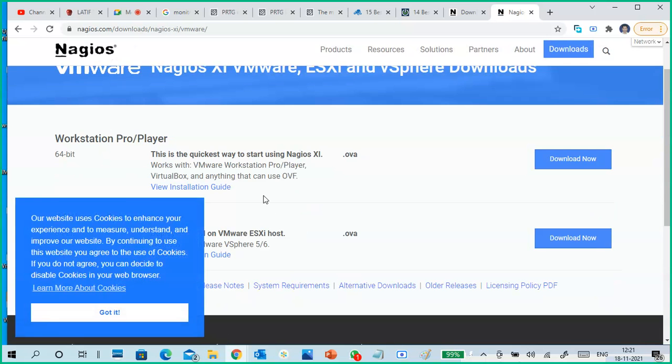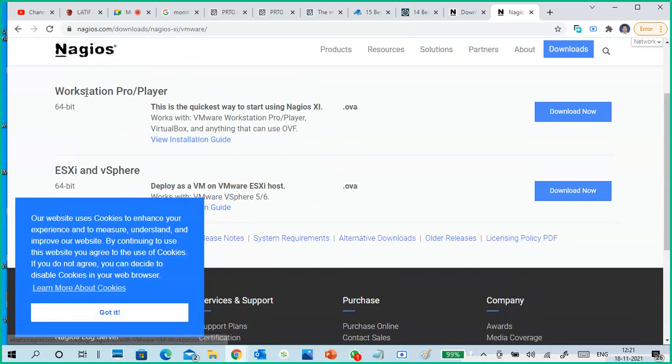It is showing another two options: Workstation Pro or Player, ESXi vSphere. So this one, Workstation Pro or Player, 64-bit. Okay, download now. Once you download, you get an OVA file. You can extract it and you can use it later. So you just have to download now.